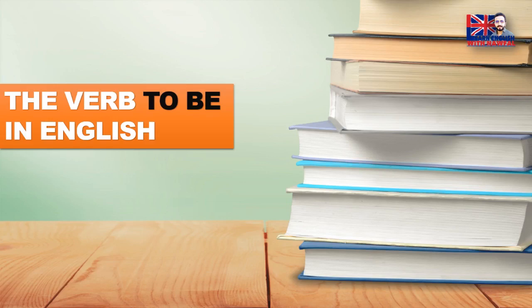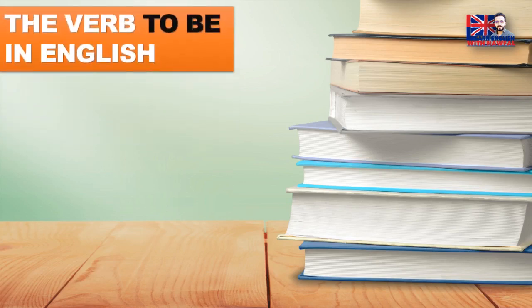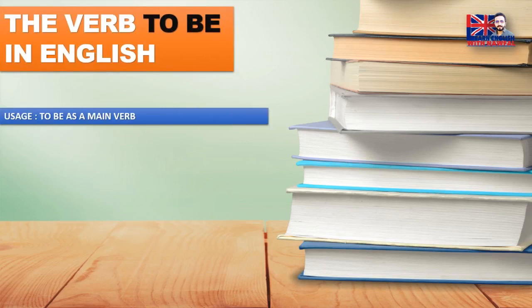In this video, we have two parts. The first part is going to be about the usage of the verb to be as a main verb. And what I want you to know is that the verb to be can be used as a main verb or as an auxiliary verb. But in this video, we are going to stick to its use as a main verb. And later on, inshallah, I'm going to conduct a lesson about the use of the verb to be as an